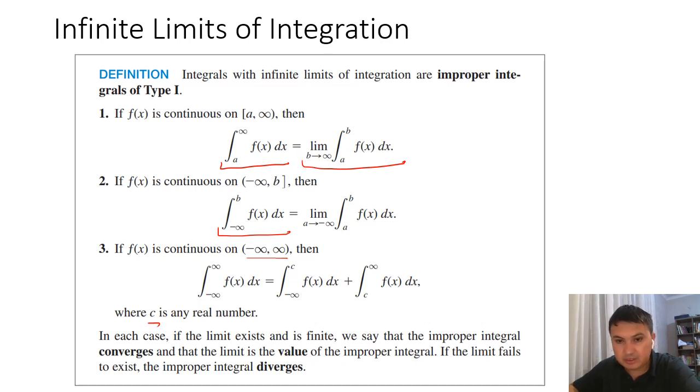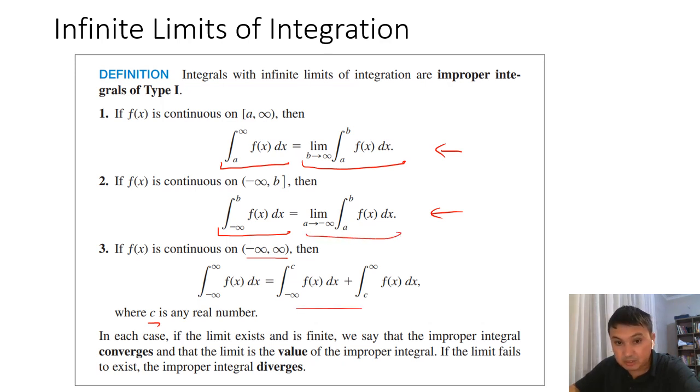It doesn't matter. You break your integral and evaluate from minus infinity to c, and from c to infinity. How do I evaluate each one? According to these two rules. So if in all these cases I happen to find some limits,